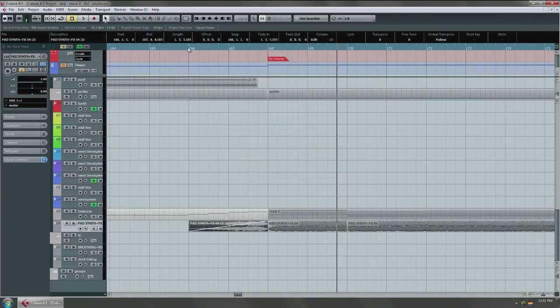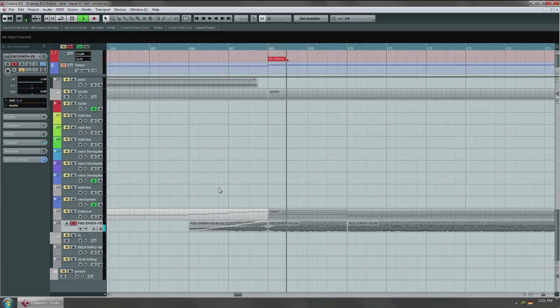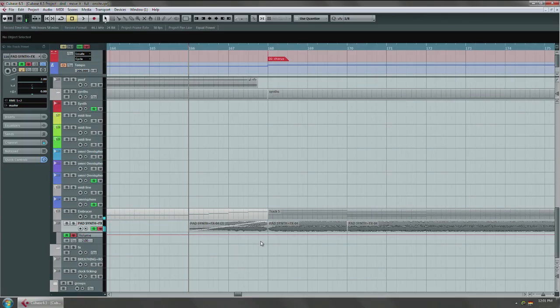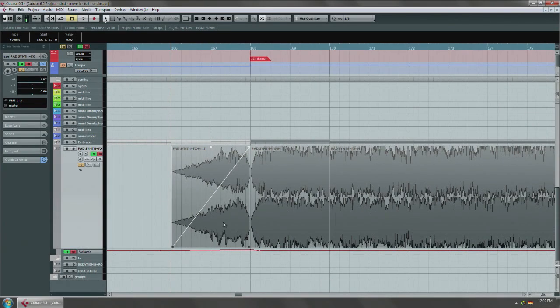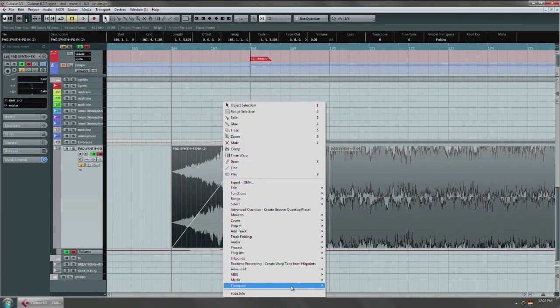Fade that in. No. That's kind of cool. You can actually make these kind of transitions more impactful if you're using